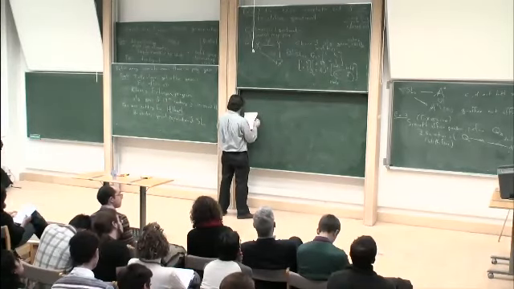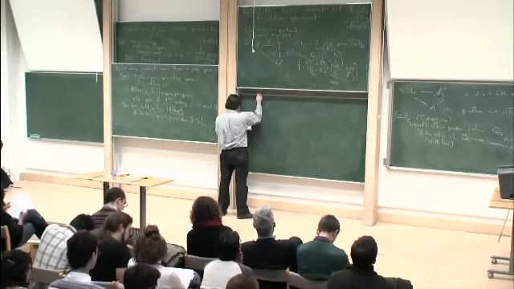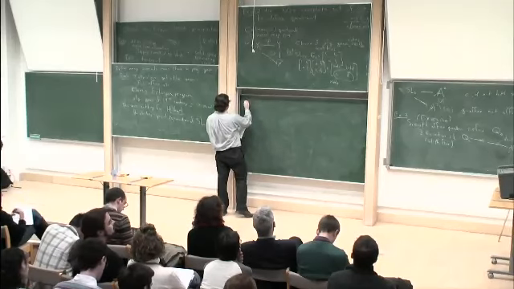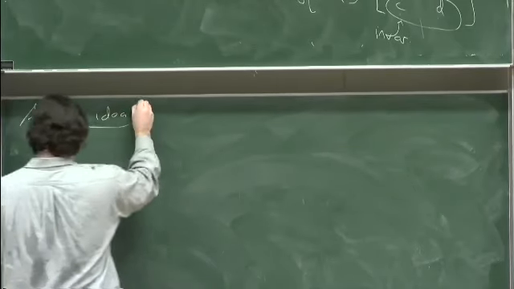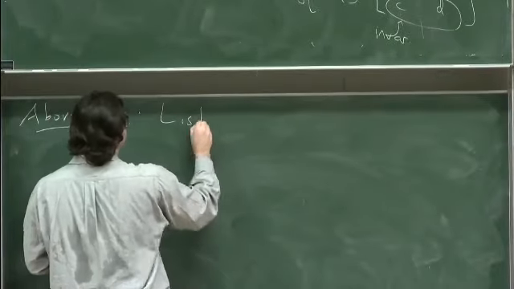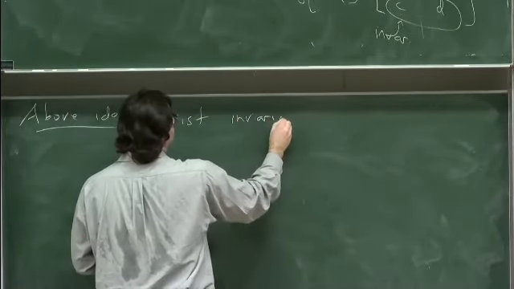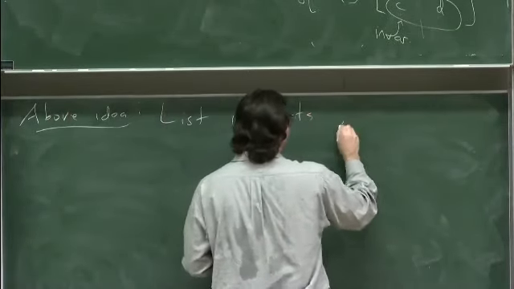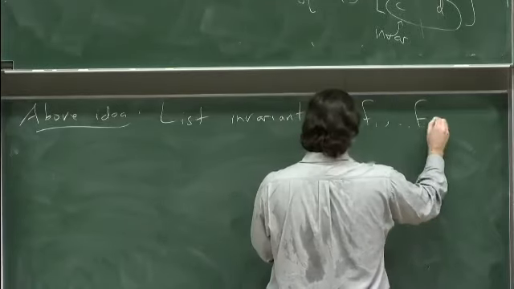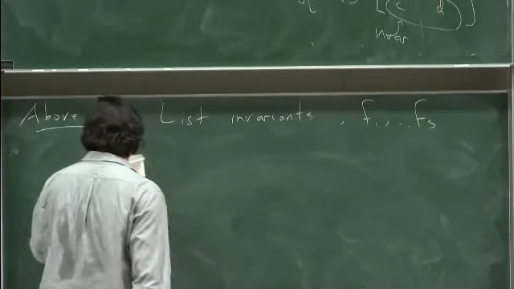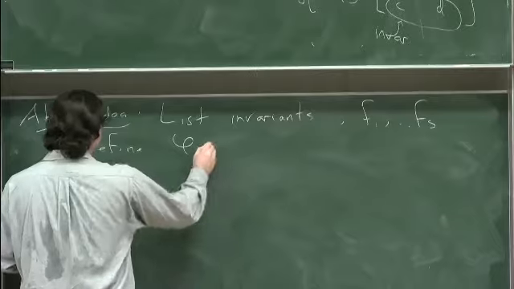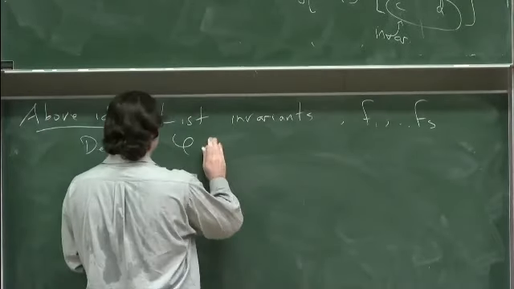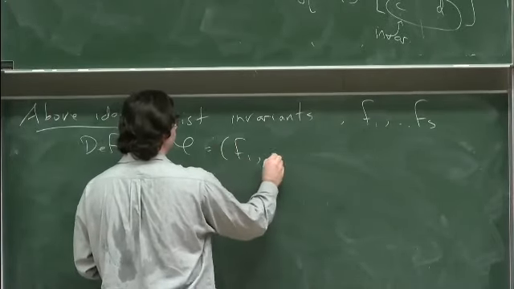But let's do it for, as I say, affine varieties. Following our above idea with invariants, list some invariants, call them F1 through Fs, and define your map, which is hopefully going to give you a quotient, to simply be that list of